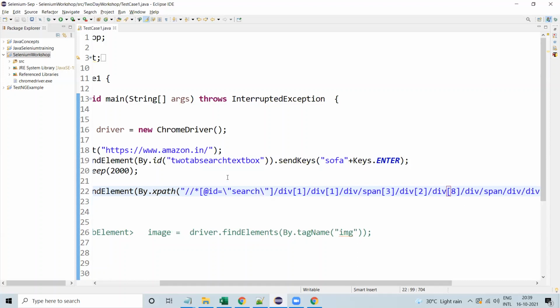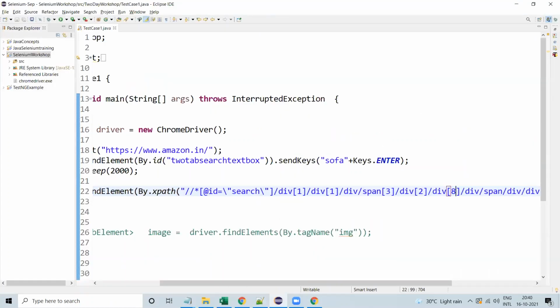If you are having a single slash, it will be considered an escape symbol in Java, right? If it is a single slash, it is an escape symbol, so it won't consider this double quote. In XPath or any locator, we need to give it with double quotes only. In between, if any double quote is there, we need to add a single slash. Meaning that in Java, this is an escape symbol, so it will escape this double quote. It will not consider this double quote, so that it will accept.